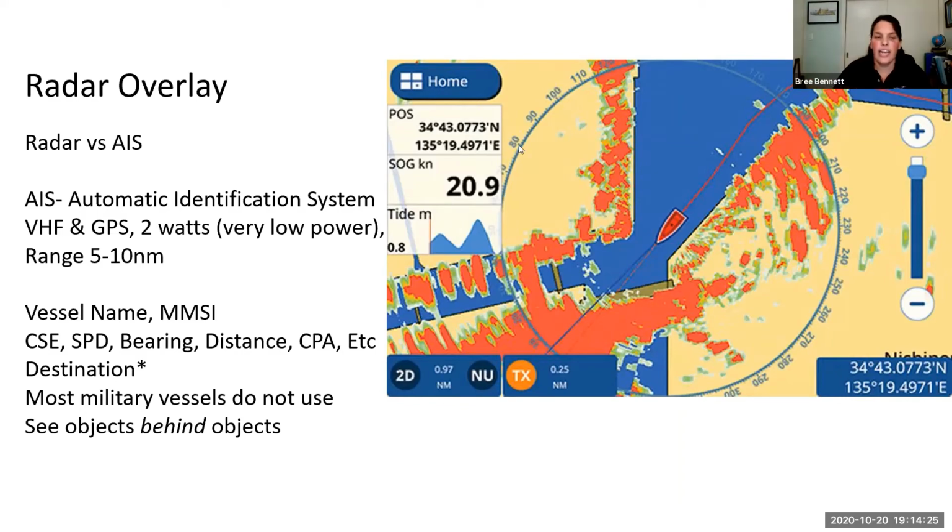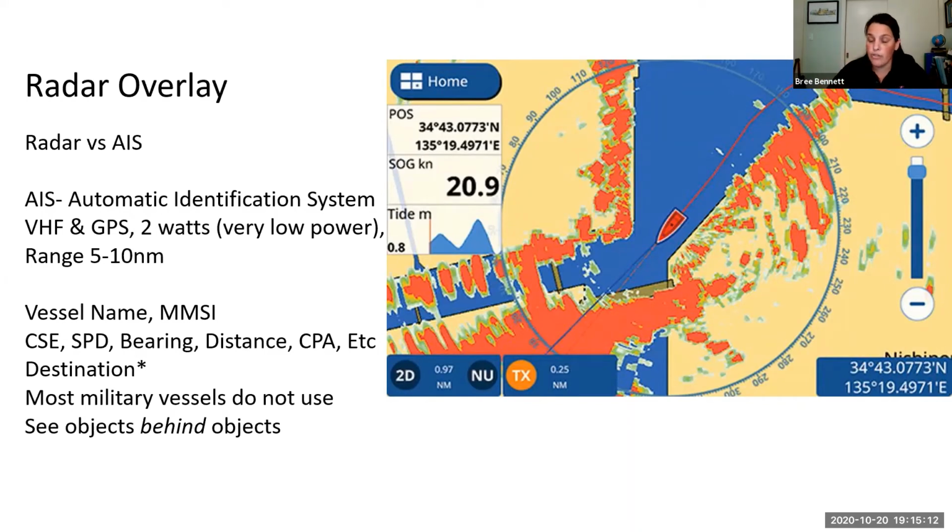Your AIS, a lot of people use a marine traffic app on your phone. That is AIS, and it is a VHF signal that you have on board that is emitting your vessel's information. So it is emitting your vessel's name, your identification system. It's identifying a lot of times where you're going, what type of vessel you are, what's your navigation status. Are you underway? Are you moored? Are you anchored? Are you a research vessel? Are you a tanker? Are you a container ship, passenger vessel? Where are you going? It has all this information